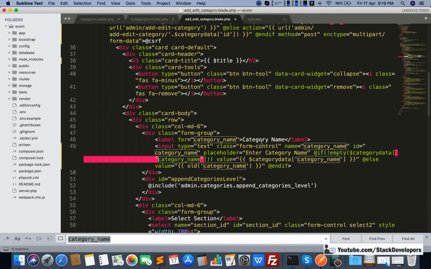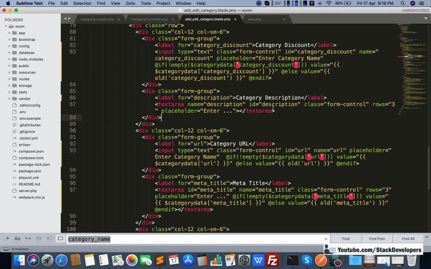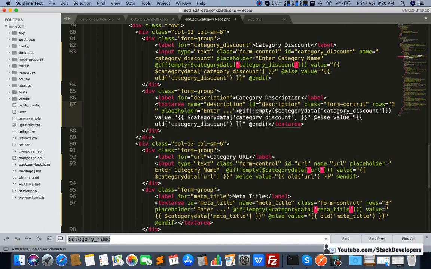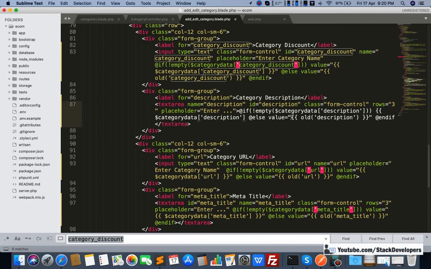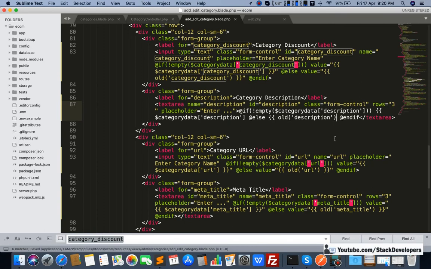Okay, so now it is fine, and here for text area, we can also use this one. So I'm going to copy this one and paste it here, but here we need to be careful. First I'm going to make changes here. Okay, see here, not empty, fine, value will not come here. It straight away will show the data like this. And here also value will not come, and we will straight away show the data like this. Okay, now it is fine.